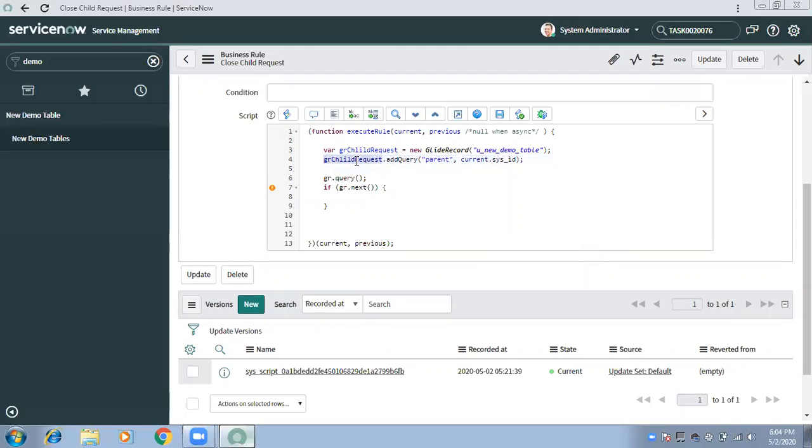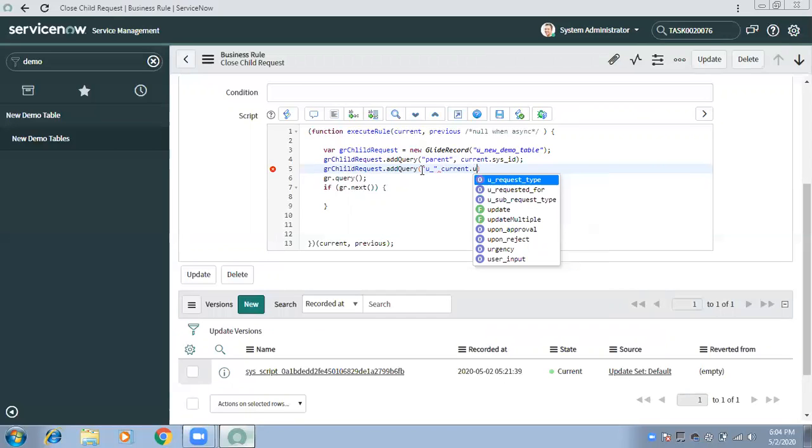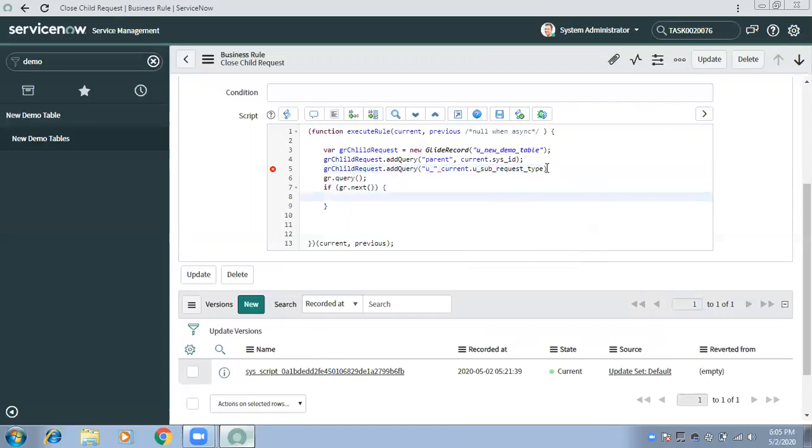You can add multiple queries basically. So you can do addQuery, and then here u_request_type is equal to current.request_type. So you have put one more level filter. Now this will give you, in the current scenario, just a single record.